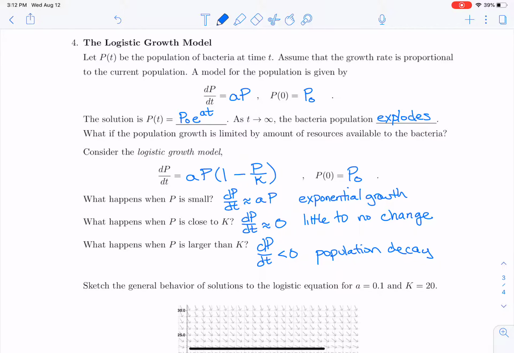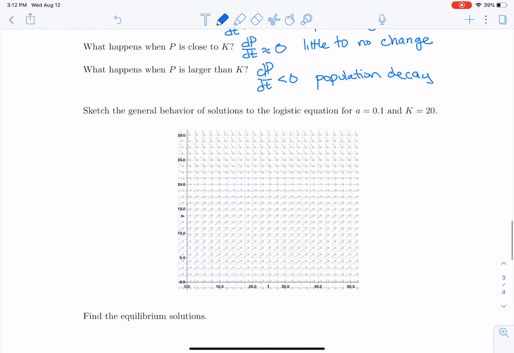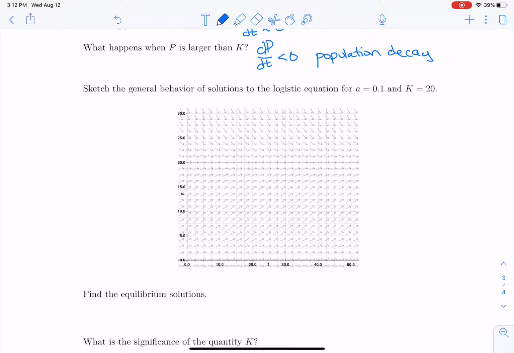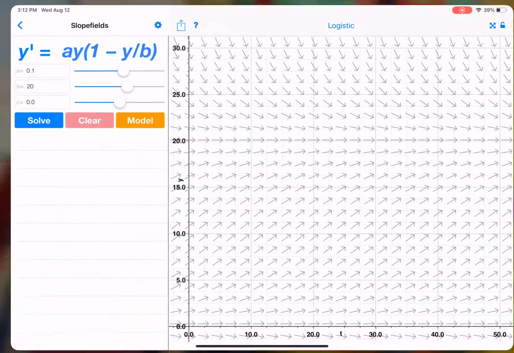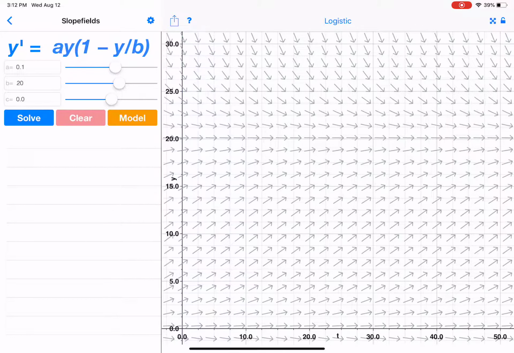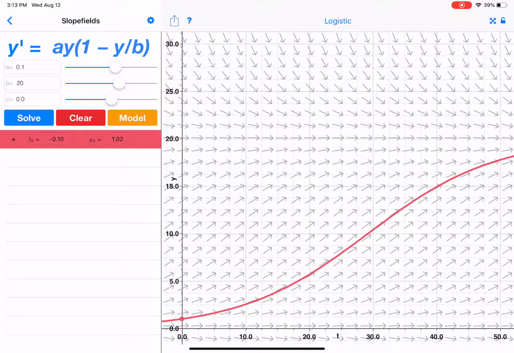To really understand what's going on with this model, we should look at a slope field. Let's check out this slope field with the growth rate a being 0.1 and this new constant K being 20. Let's check that out in Slopes. What I have is a logistic growth model, and I'm going to start off with a small population, say a population of 1. Initially you'll see that this curve is growing exponentially, but as we get closer and closer to 20,